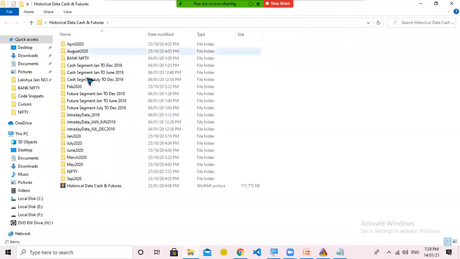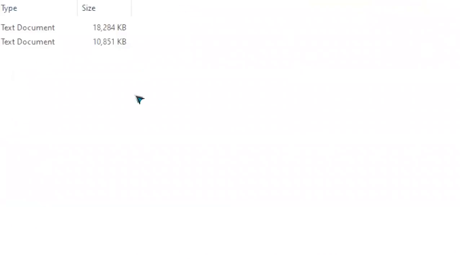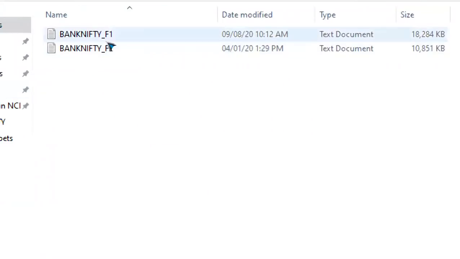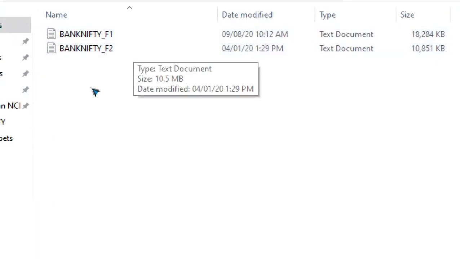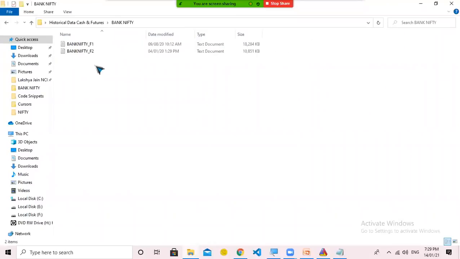So as you can see, let's take one example, Bank Nifty. So here Bank Nifty underscore F1, right? F1 is there and F2 is there. You will get the data in a continuous format. So if I double click on F1,